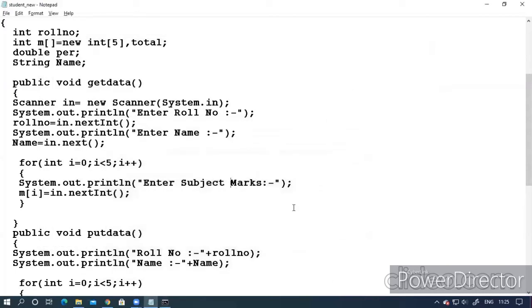So if I want to modify it, I will say plus. I have to take a bracket.